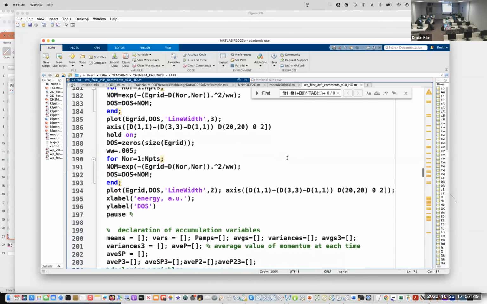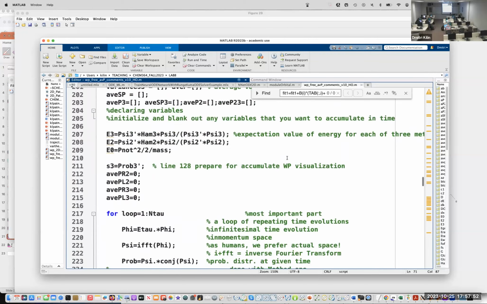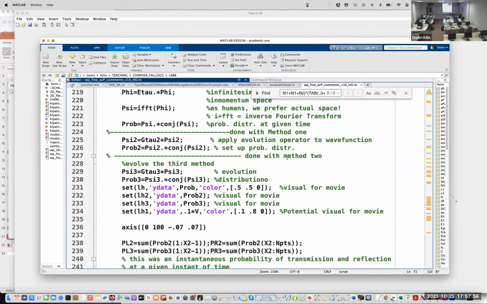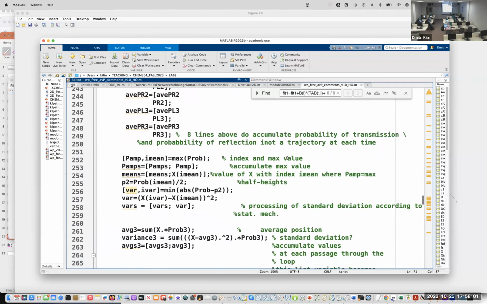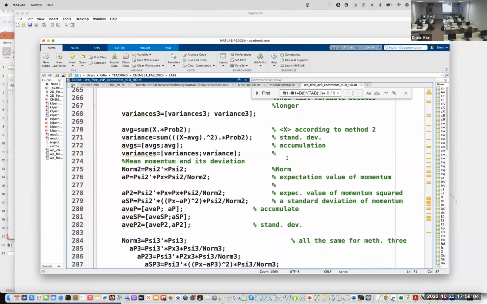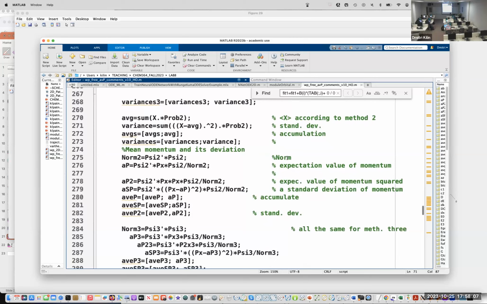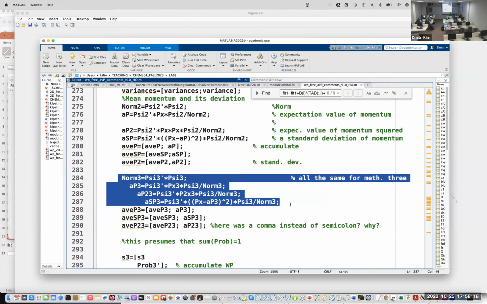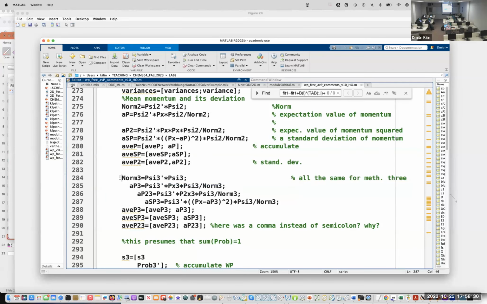And I believe in the middle of the code, there is an additional effort to make sure it gets normalized. So I'm inviting everyone to look onto the lines, in my version 284 to 288.